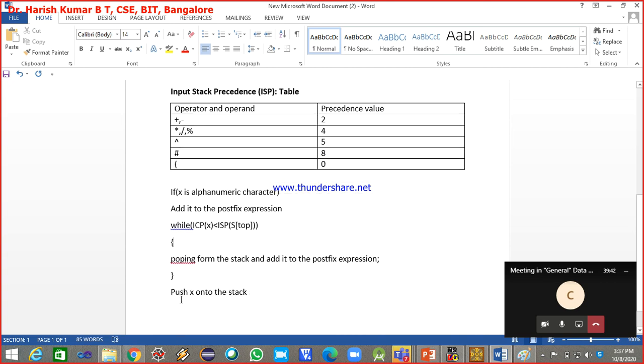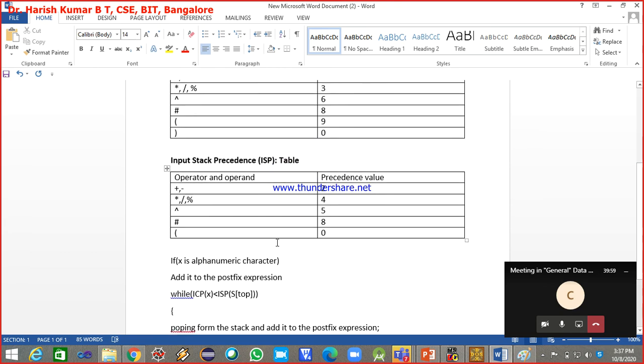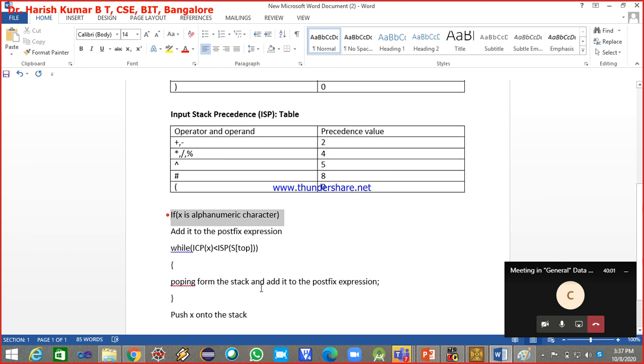If this is not true, you push the corresponding operator onto the stack. Understood till here? Yes, sir. So for this program, this table you should know, this is the other table you should know, and this simple thing you should know.